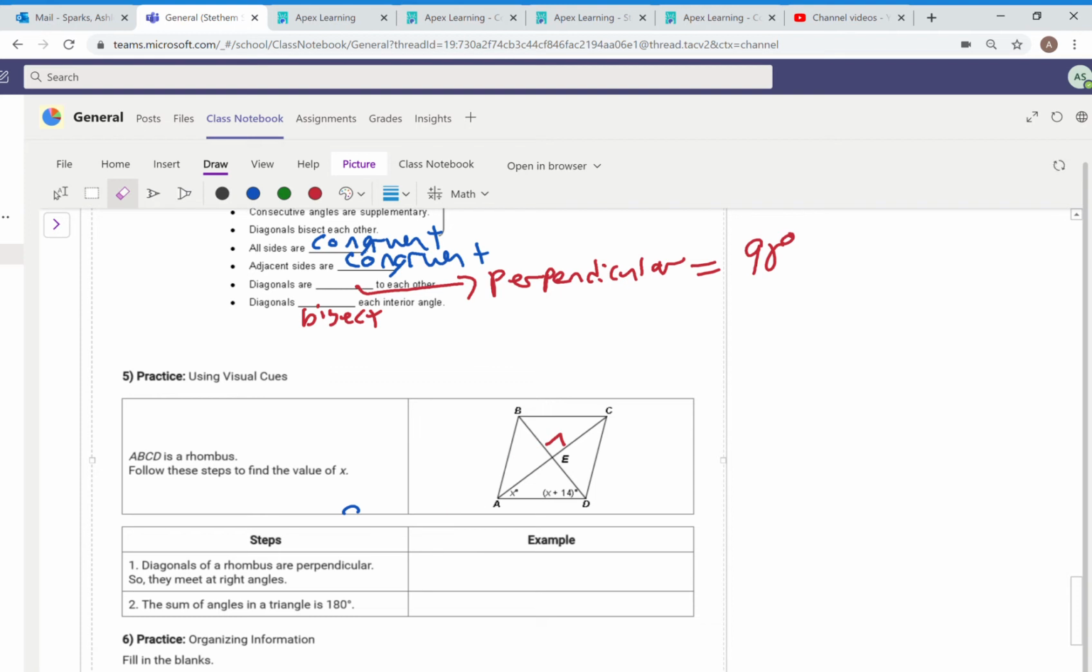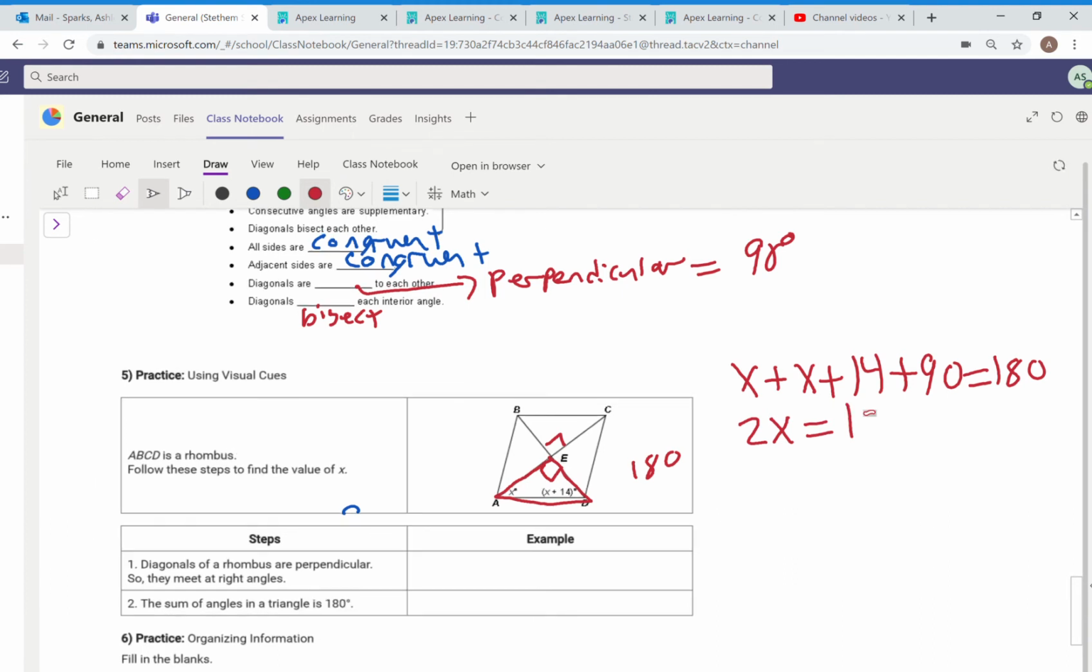So we can do this problem. I want to find out x. Well, how would I go about doing that? Well, I can go to this perpendicular, right? I know this angle up here is 90. I know I have a triangle here. Triangles add to 180. So I could do x plus 14 plus 90 equal to 180 degrees. And now I would combine like terms. I get 2x plus